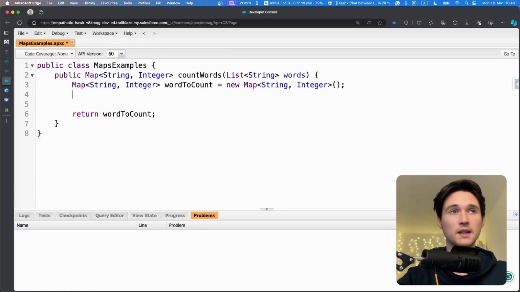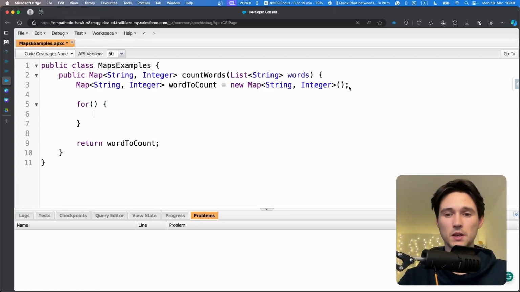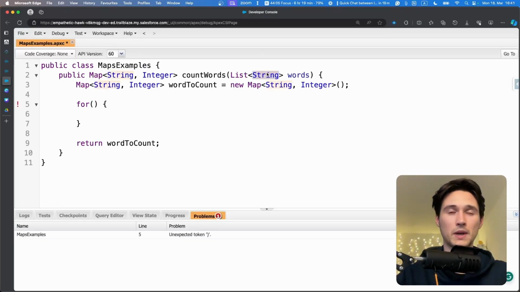Now we're going to need to iterate through the list, right? Because we want to consider every single element in this list. We want to count how many times it's already there. So we have to iterate through it. Of course, we're going to be using a for each loop. So for each word from words,